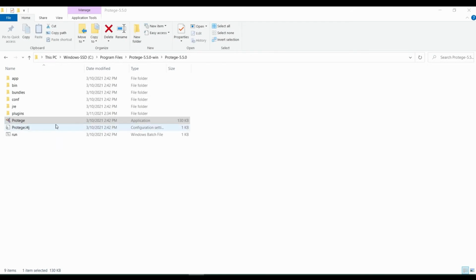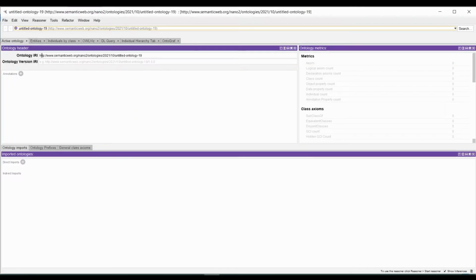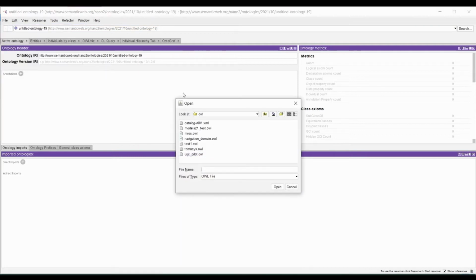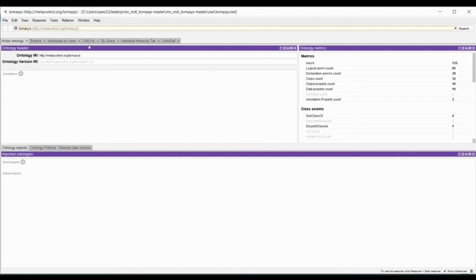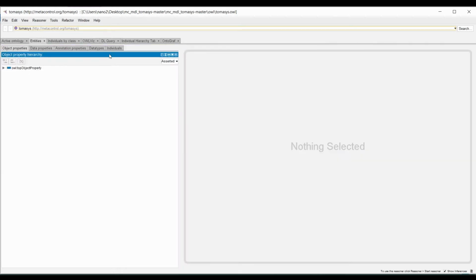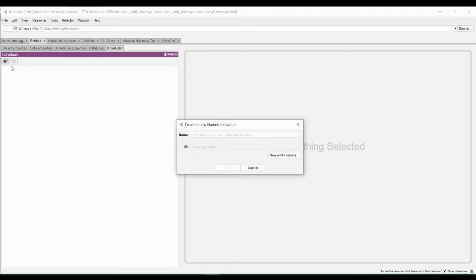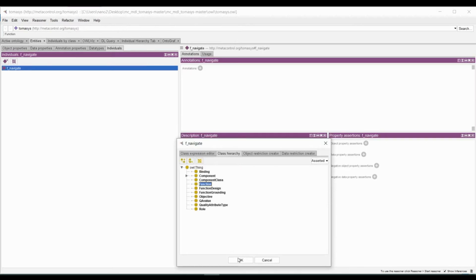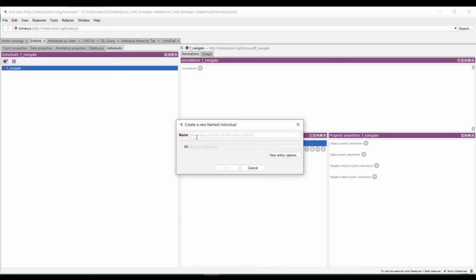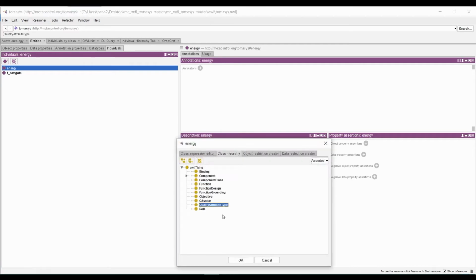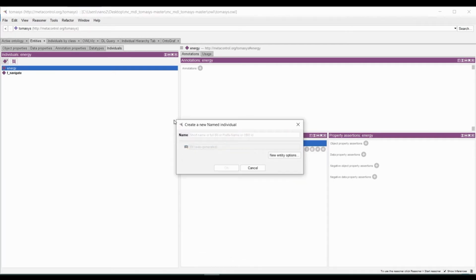In the next step, we need to set up our application-specific ontology. We can use the Tomasis ontology already included in the Emros packages, and then we simply need to create the relevant individuals for our application, which can be done using the Protege tool. First, we create an individual for our function, in this case to navigate. Thus, I will call it fnavigate and assign it the type function. Then, we can create individuals for our quality attributes, safety and energy, and again, give them the appropriate type.